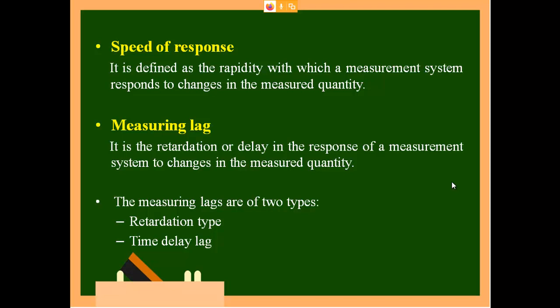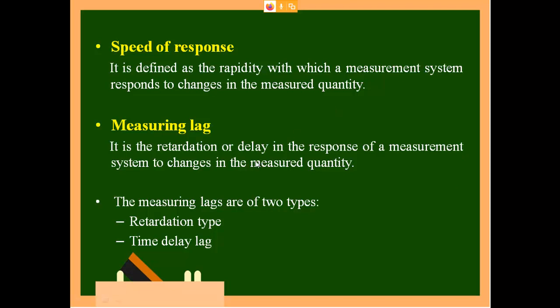So time delay lag is like a 19 or 20 year old who has just stepped into a company. He might have stayed at home for 2 to 3 years, leisurely spending the time. Now if he is asked to work at some specific speed, then there will be some delay, and this is only a delay. You will try to catch up and complete it. But the first one is retardation, where whatever effort you give, you cannot do it at the same level as this 19 year old guy is doing. Okay, that is called retardation.